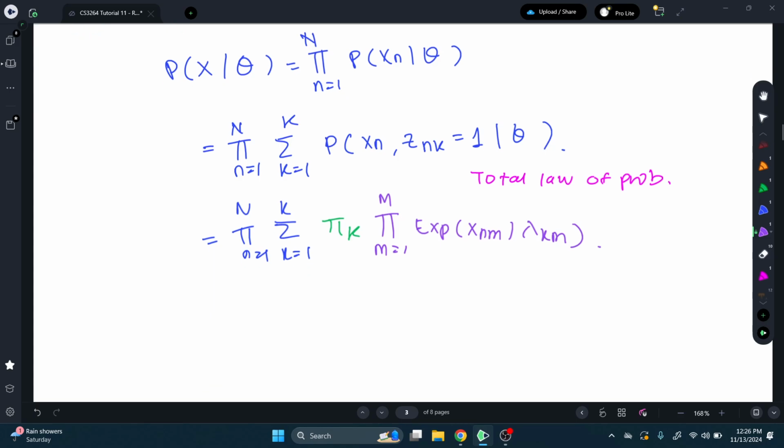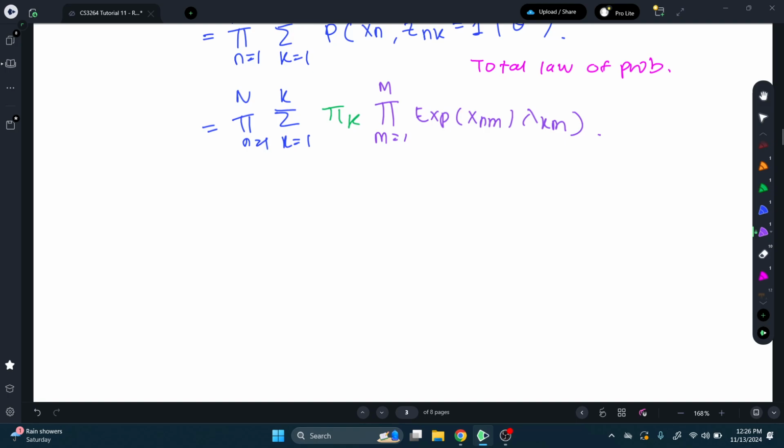Questions? No? Okay, so once we have the marginal value, then we can just plug it directly into our Bayes rule. So our p of z given x, theta, by Bayes rule, will be equal to p of x, Z given theta, sorry, it should be capital Z,